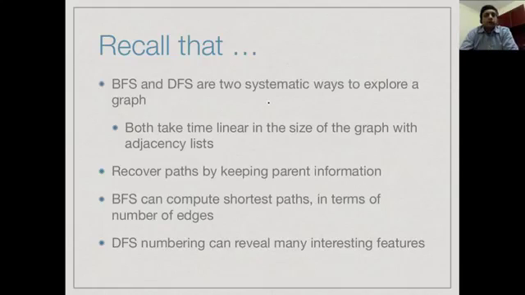So we have been looking at unweighted graphs, that is sets of vertices and sets of edges where each edge is just a connection between two vertices. We have seen two systematic strategies to explore such graphs, breadth first search and depth first search. Now both of these will be linear in the size of the graph if we use an adjacency list representation